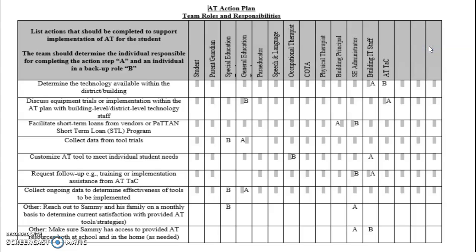outside of school. This is just what the AT Action Plan team roles and responsibilities would look like in our AT Action Plan, just listing the actions to support Sammy and the individual members of the team that would be responsible for it, as well as the member of the team that would have the backup responsibility as marked by the A's and B's. That way there would always be someone available to implement the steps and responsibilities to help